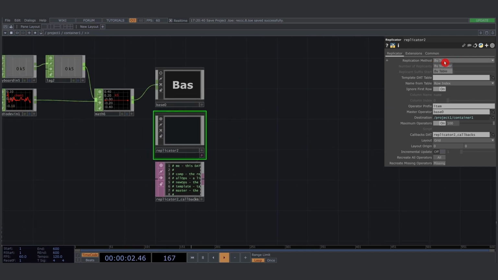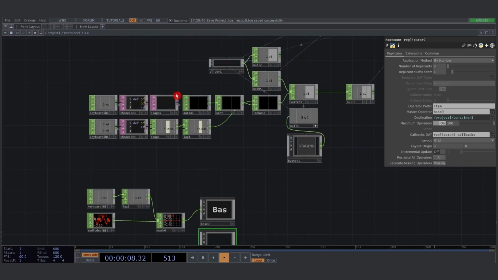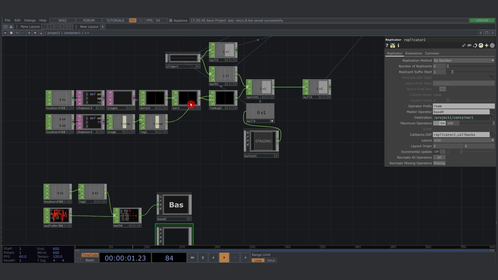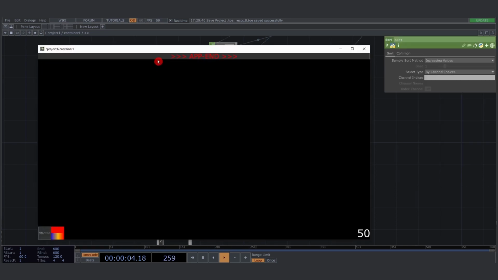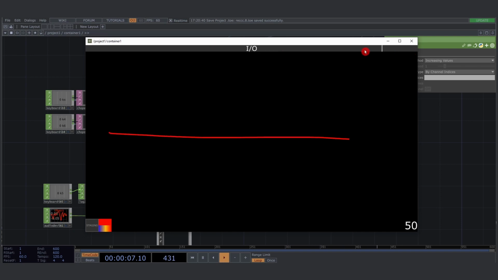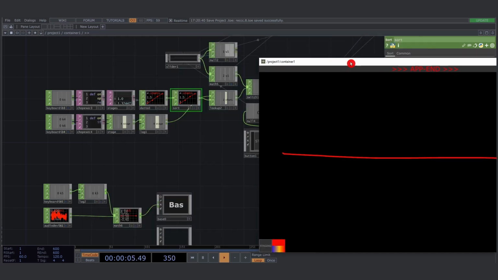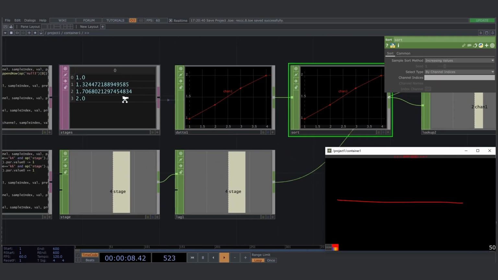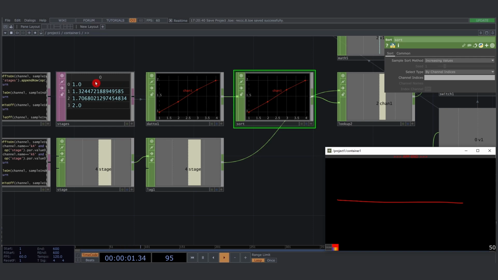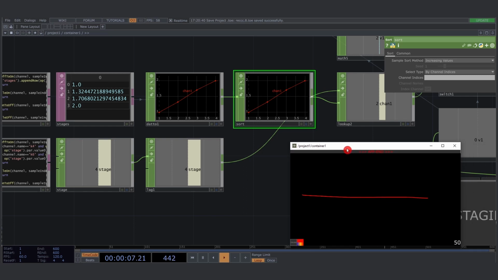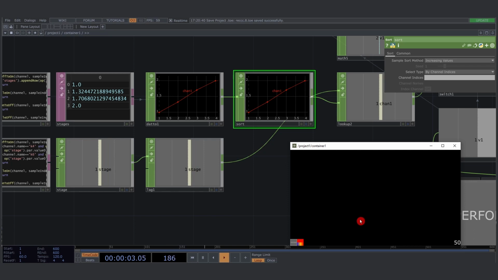So now we need to tell how many copies we want, and for this we go look at our stages, or maybe the sort. If we start adding some lines, or just one line, but we record some stages by Shift S, Shift S, Shift S, Shift S, we should have a few stages being stored. Yes, so we actually don't need the first one. We only need 3 voiceovers, because at the first stage,